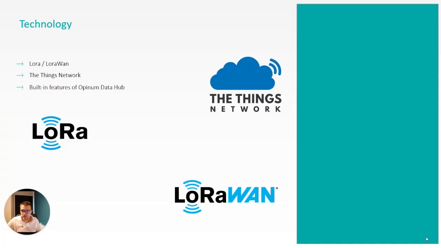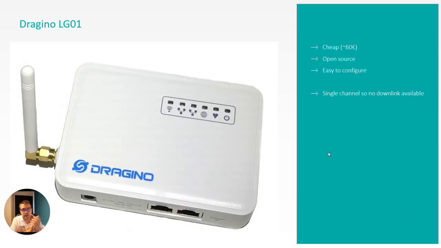Okay, thank you, Rishab. Now I would like to talk briefly about the hardware that I've used. The first thing that you will need if you want to do some LoRa and LoRaWAN application is a gateway. So this is a Dragino LG01. It's quite good because it's relatively cheap. It's an open source LoRa gateway. It's relatively easy to configure, but has one big downside,